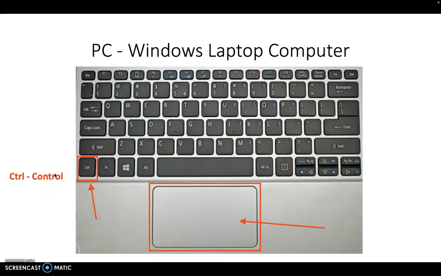You simply press the control button, you can see in red. It's on your computer, it will say CTRL, control.